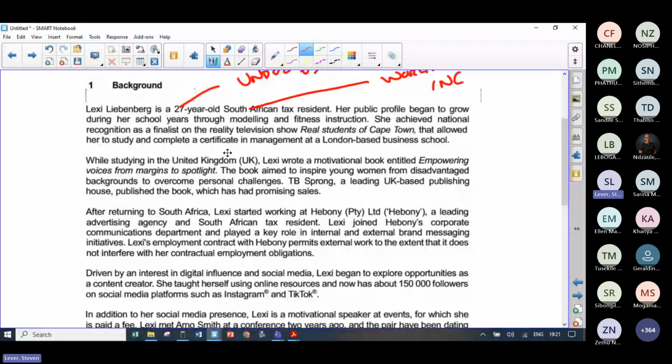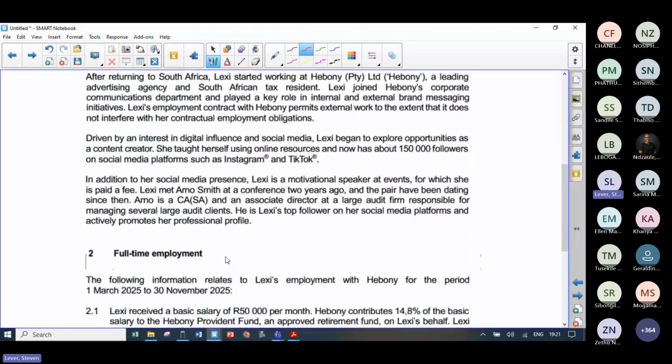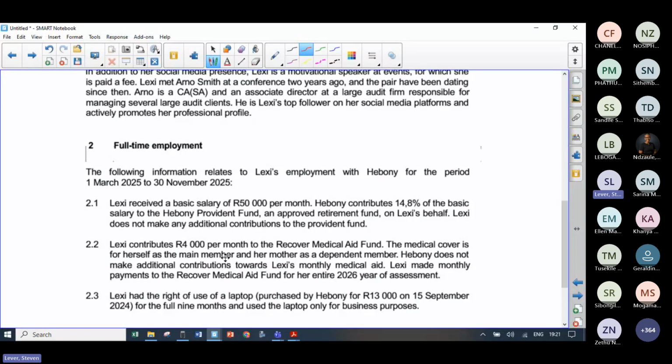So none of that stuff has got any tax calc in it. Now, guys, individuals' questions are really, really straightforward. And let me just explain why. Everything is there in front of you. So as long as you can read properly, you can get marks. Okay?